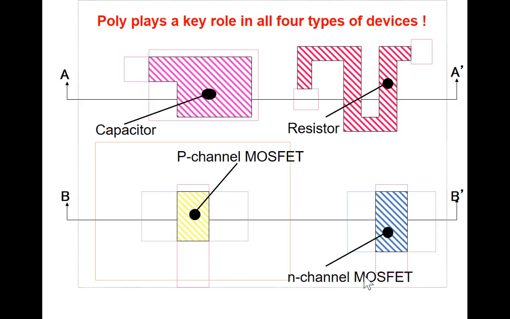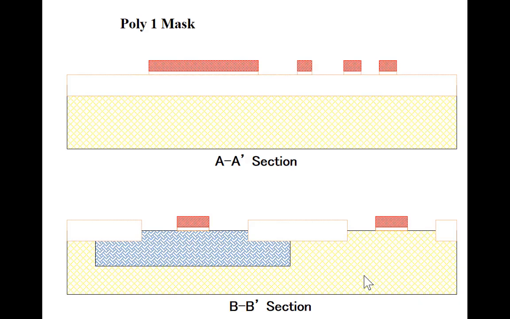So the poly is going to form one plate of a capacitor. It's going to form the P-channel MOSFET, the N-channel MOSFET, and the resistor. Now, I'm not showing the photoresist, the exposure, and the development, but after I put the thin oxide down, then I put poly on top, I pattern the poly, and when I'm done, I see poly on top of